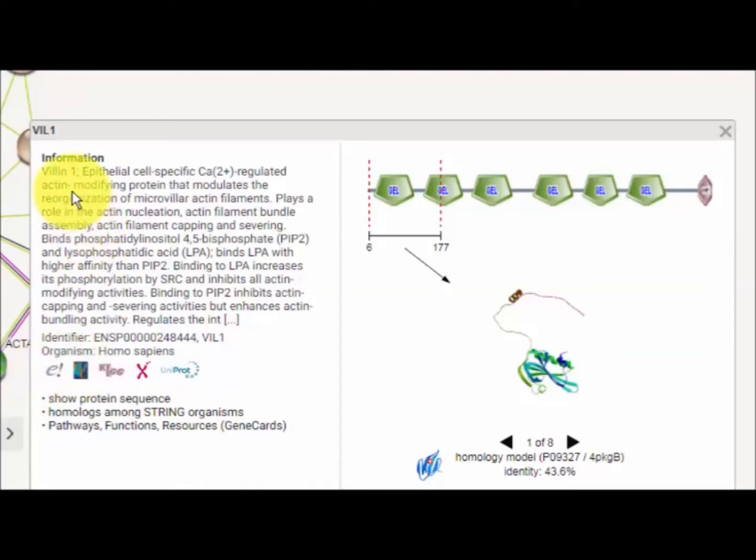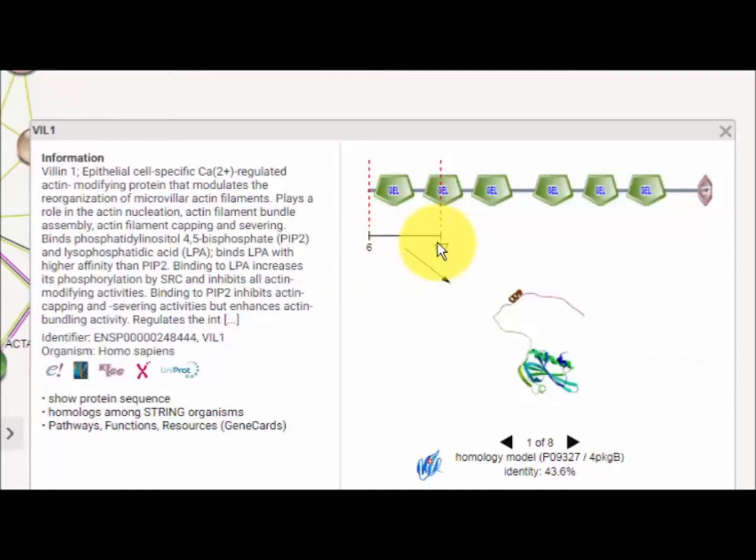So for this protein, the villin-1 protein, you have a link to that protein in Ensembl, GeneCards, which is hosted at the Weizmann Institute of Science in Rehovot, Israel, and KEGG, the Kyoto Encyclopedia of Genes and Genomes, and we looked at that when we looked at the DAVID resource. This is the neXtProt resource and the UniProt resource. It tells you,